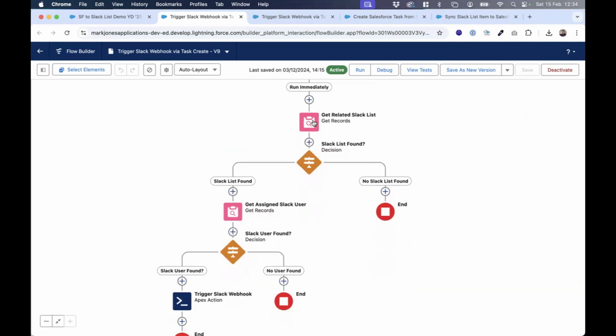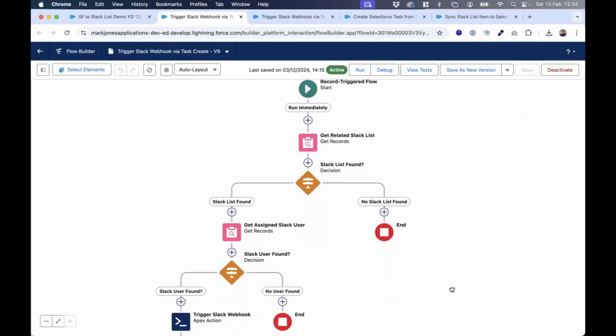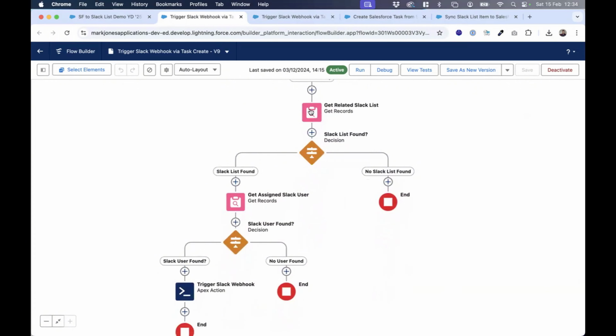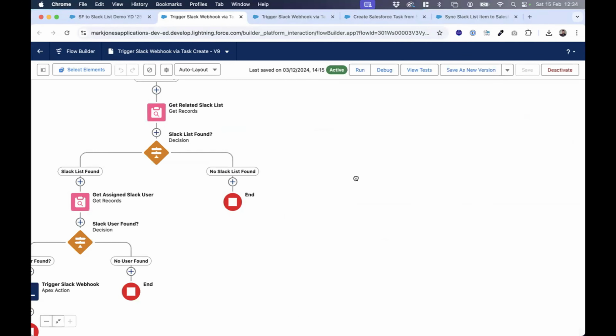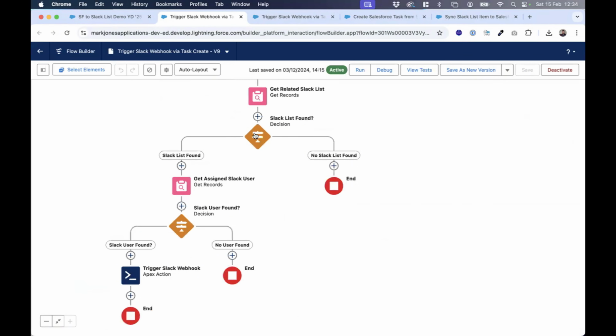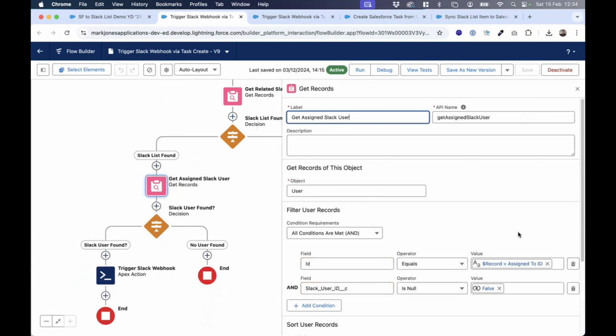So this flow just grabs the related Slack list, checks if it's been found. But this is what you use on the task. So if the task is not related to a Slack list, the flow ends. But if it is related to a Slack list, then it will grab the assigned Slack user, which you can see there,